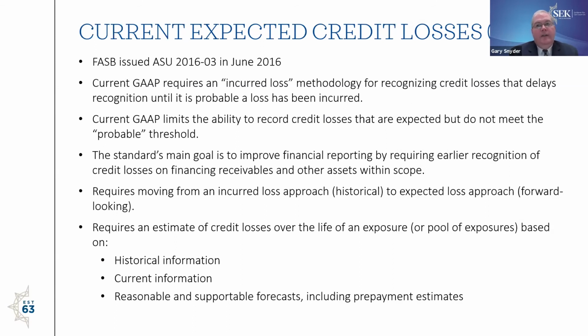And this came to light in the late 2000s and the economic crisis of the 2000s. Primarily in the banks, where they were having all this turmoil within the housing industry and loans, but they were not recognizing them as losses because they didn't meet the criteria for probable loss to be recorded within the allowances for loan losses. So that's where this standard kind of came from. It was primarily driven by the regulators for the banks, but unfortunately, it's kind of like the revenue recognition standard, and it was one standard that applies to everybody now.